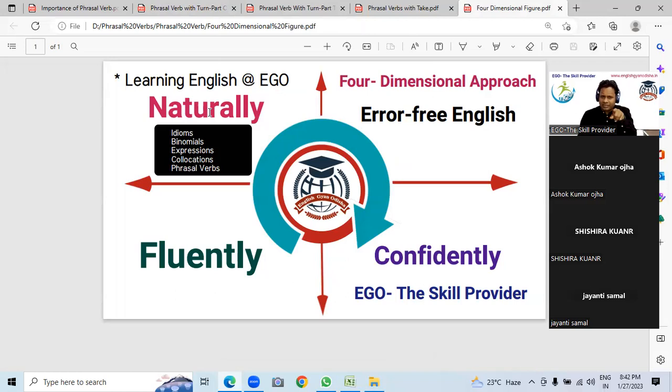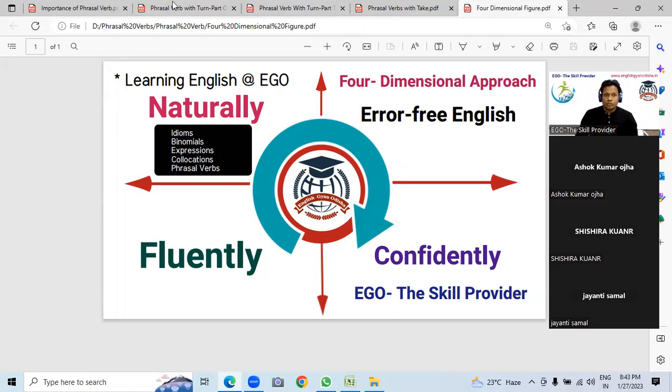Muktikan sir has written something: these are called ornaments. This is something called the ornaments of spoken English. When a girl is dressed in ornaments at the wedding time, she looks pretty. Just like that, if you use a lot of phrasal verbs, your English looks very pretty. Please try to use it.